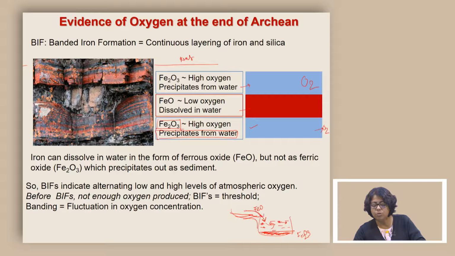The only thing that is going to precipitate is going to be silica. So, you are going to form a layer which is rich in silica. Again another layer where this process repeats, and then we will have high concentration of Fe2O3, and this is how the layering started. Why do we not find such BIFs in modern day?